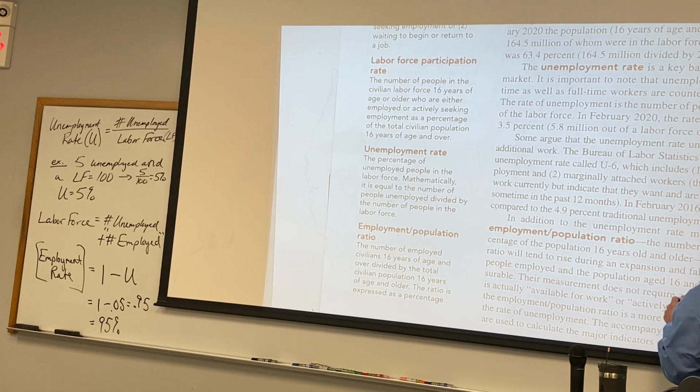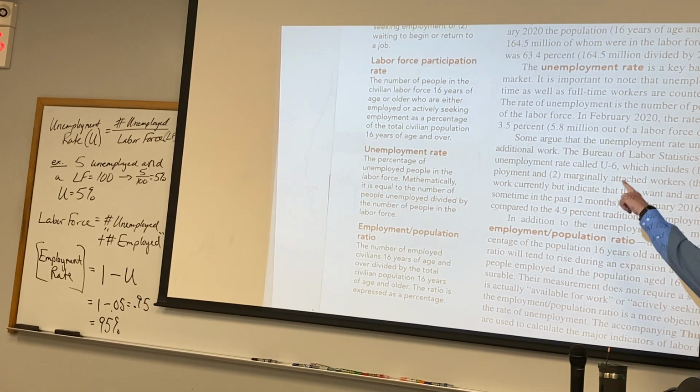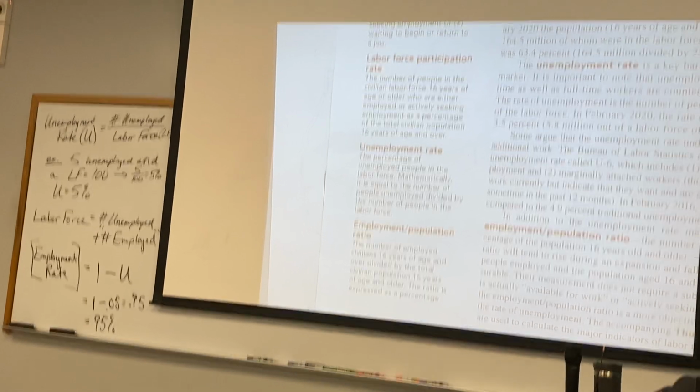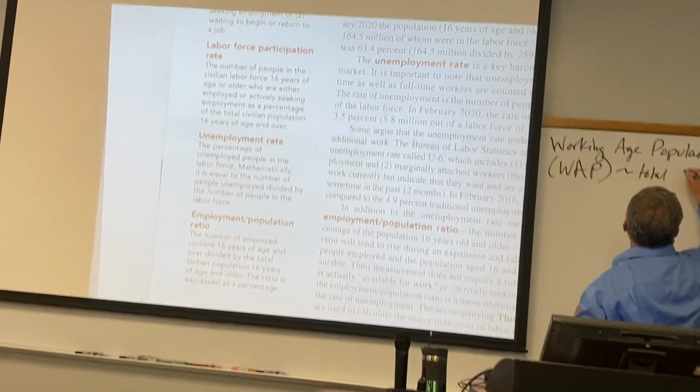In fact, I am going to do it a little bit different. So go put this in your notes. Working age population, I think it's in the books as well, because it's got a fun name, the WAP. The working age population is what they're fully defining there. So the total civilian,